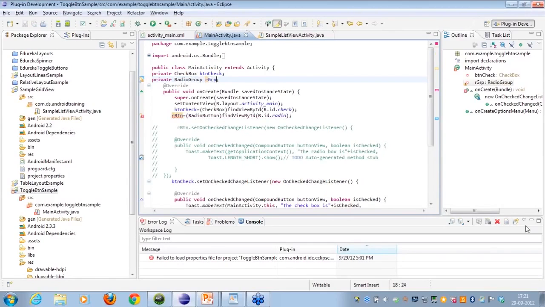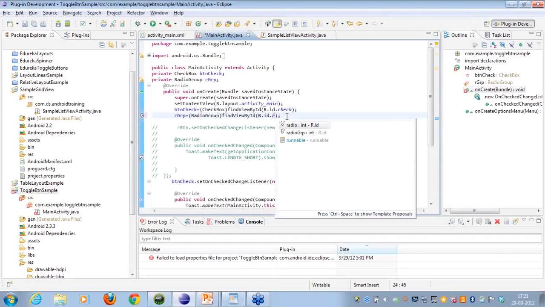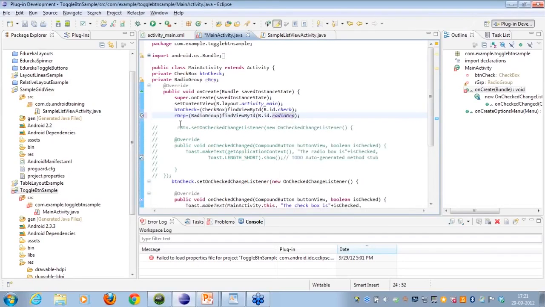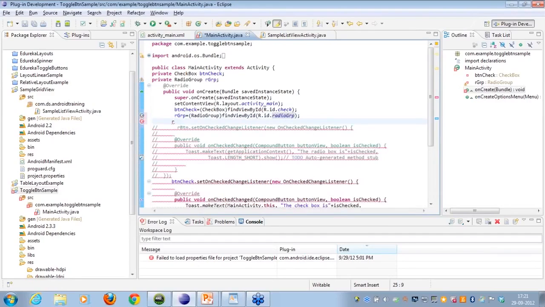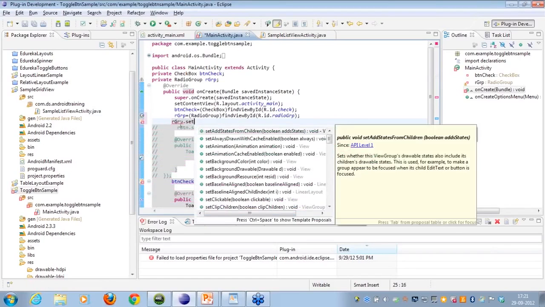Just name it R group. Copy it up. Call it radio group. The ID has to be radio group now. And I say R group dot set